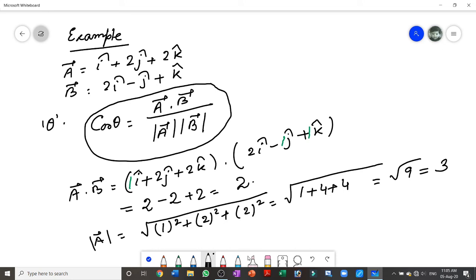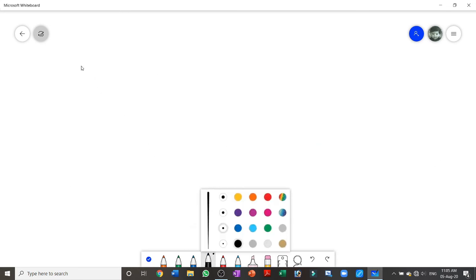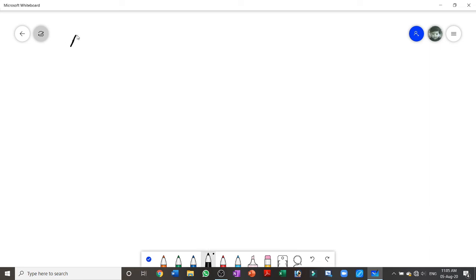Similarly, let me clear the board. Similarly, so the thing we have got is a dot b vector equal to 2, mod a vector equal to 3. Now